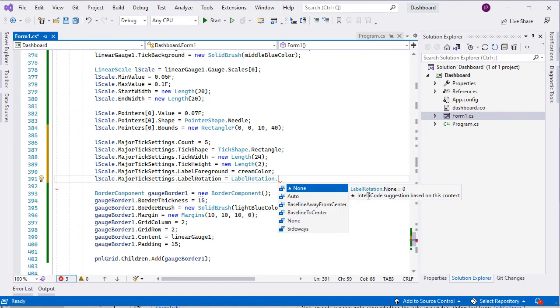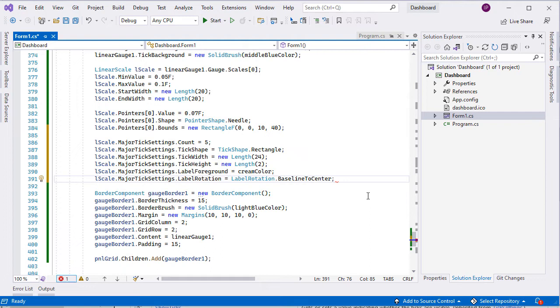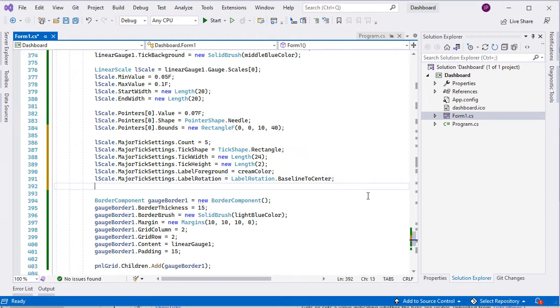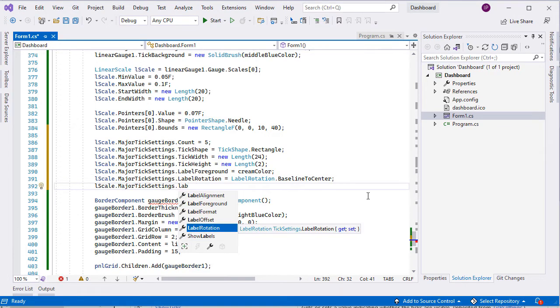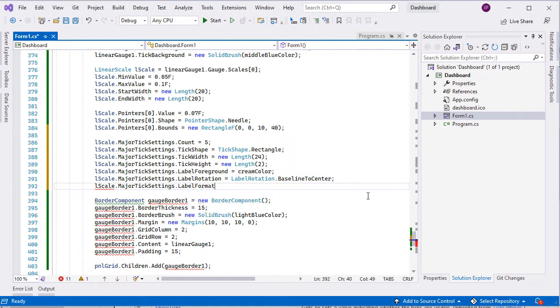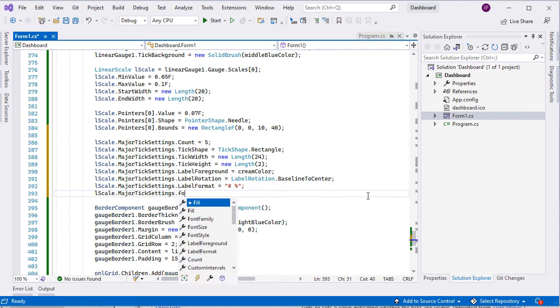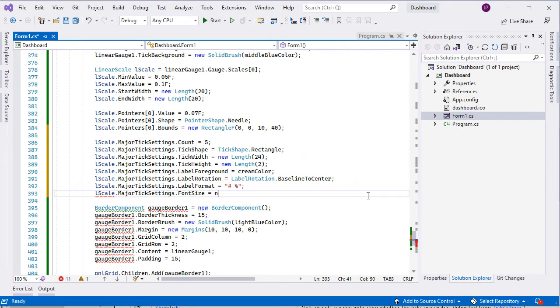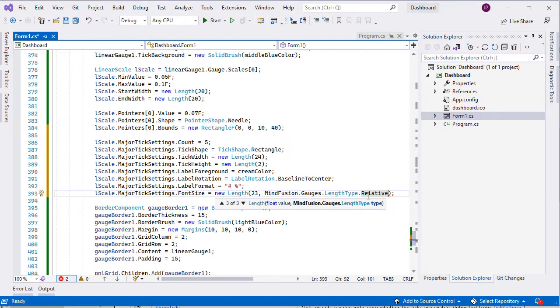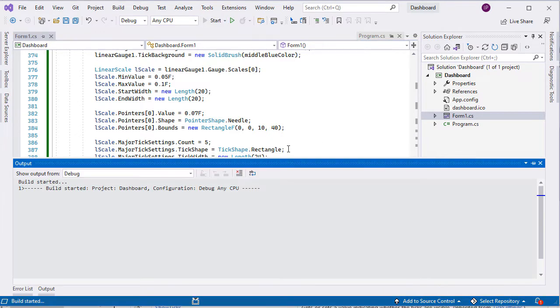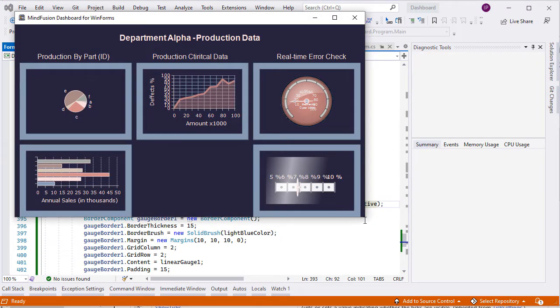There are different label location options available, and we recommend you try them to see how they work and choose the appropriate one. Our gauge looks better now.